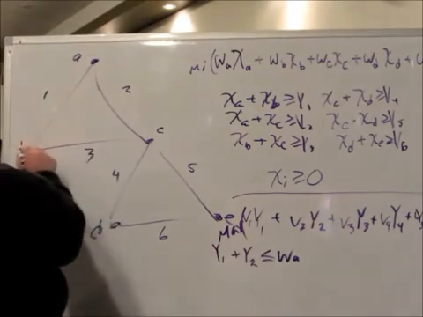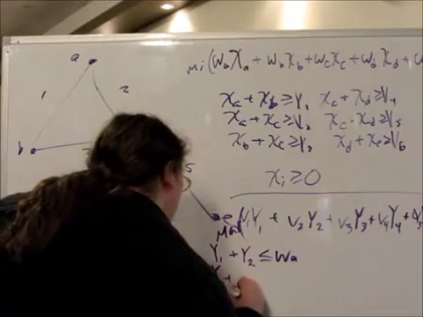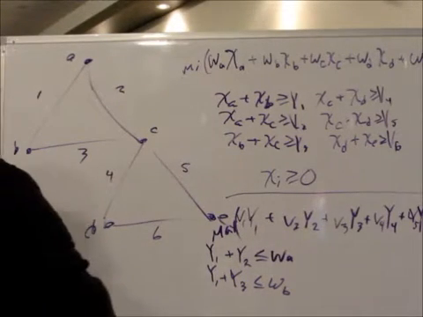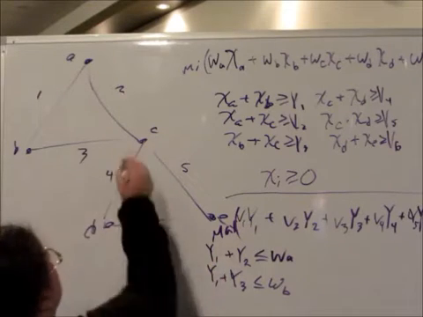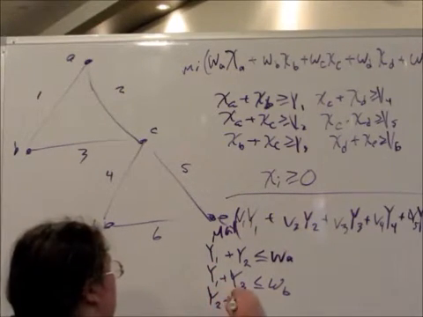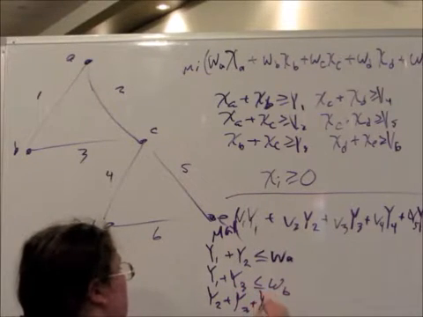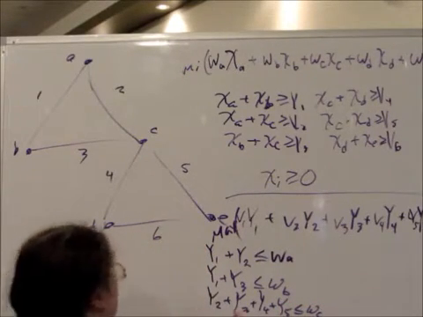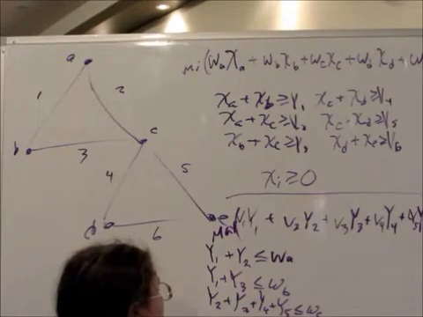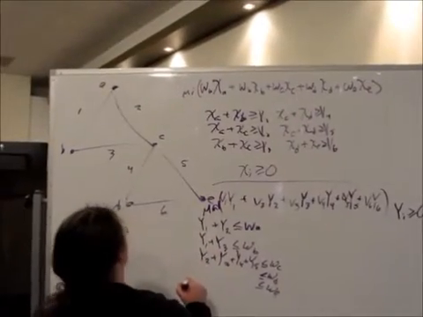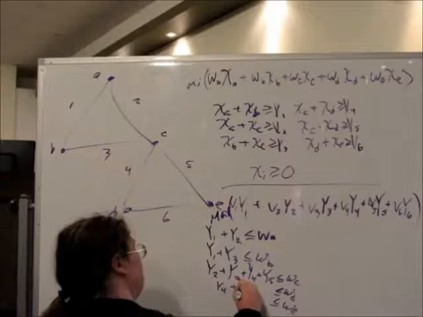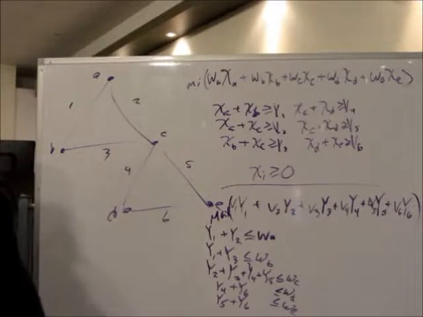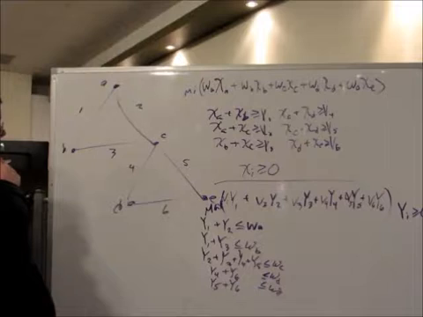All right, and then I'm going to repeat that a whole bunch. So that was A. B has 1 and 3. And that'll be less than or equal to the weight of vertice B. And C is kind of long because there's lots of edges that touch it. All right,